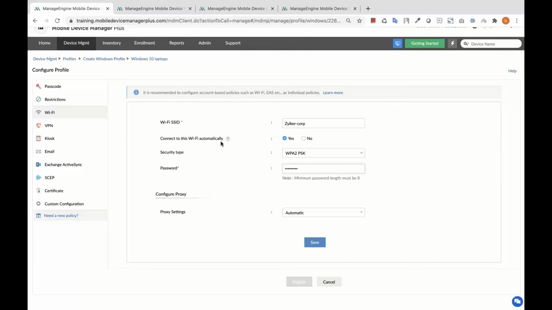The major benefit of doing this is you do not have to expose your corporate passwords to your employees and run the risk of them sharing it with unauthorized users.